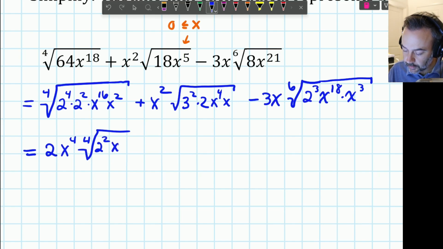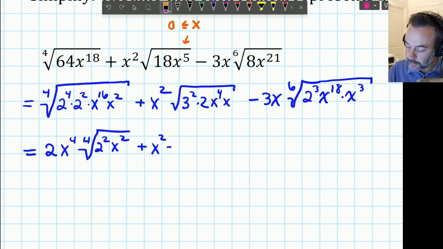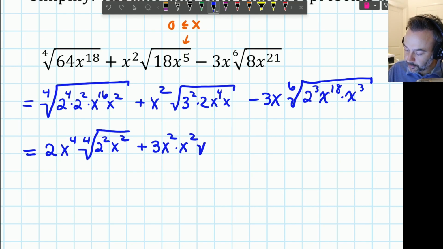squared x squared plus x squared times, now what comes out of here? This is a square root, so a 3 comes out. Probably should have erased that. Say a 3 comes out. I've got an x squared, and I get another x squared out of here. And I end up with the square root of 2x. Okay, minus